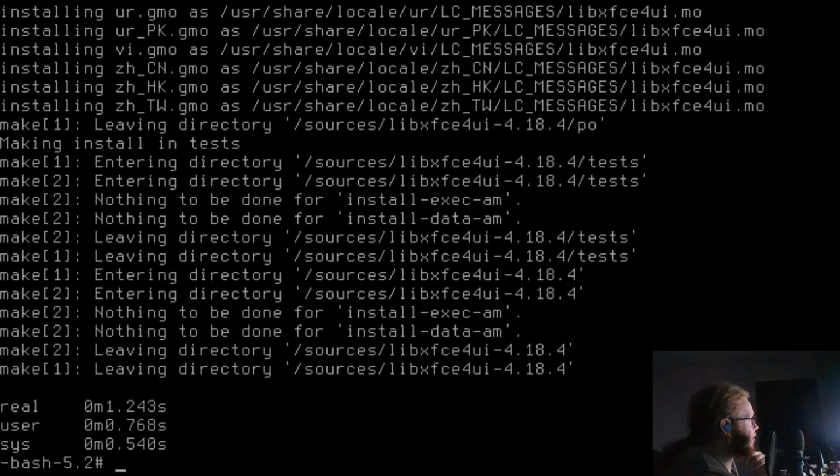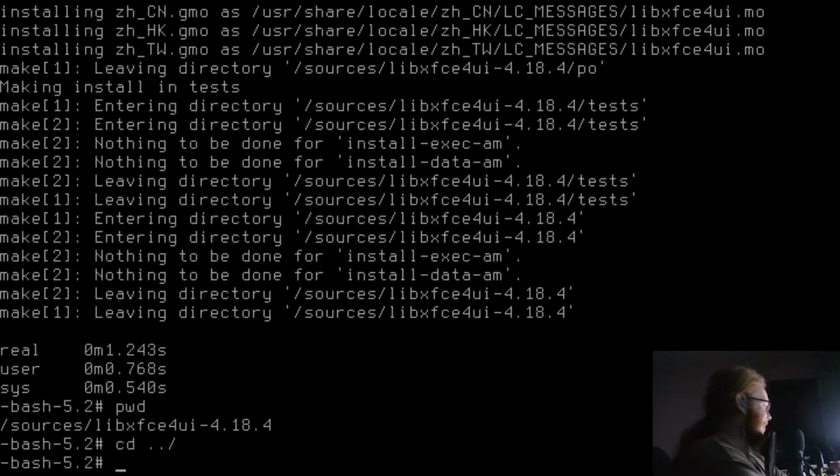Now it means I can move on to exo-4, which doesn't require anything that I don't already have. PWD. Leave the directory. I have 27 minutes to hopefully get a desktop. Okay, PWD.